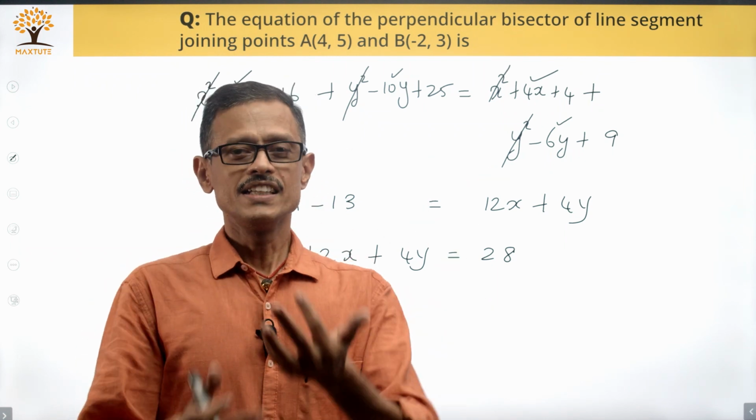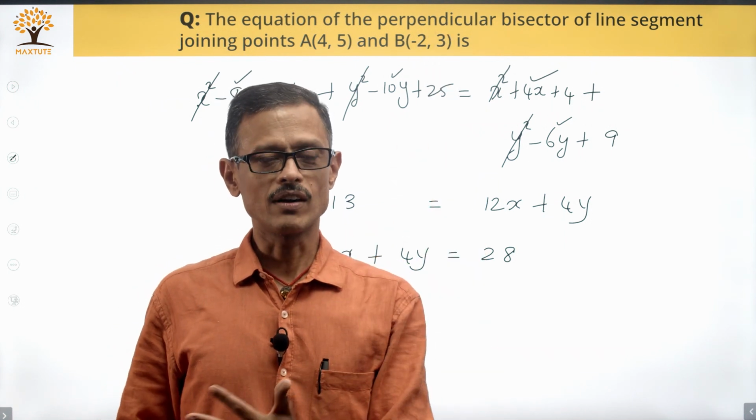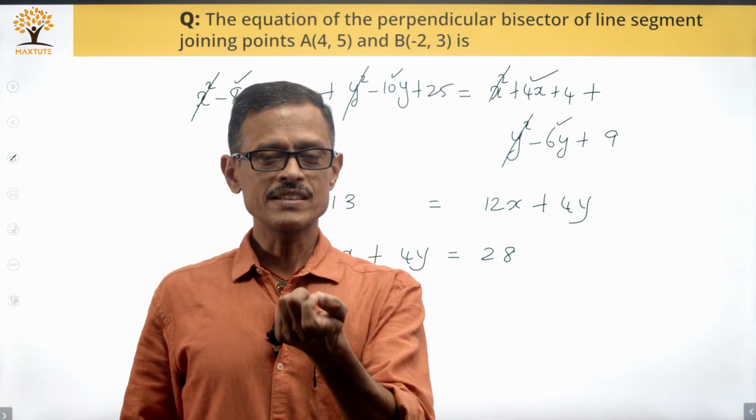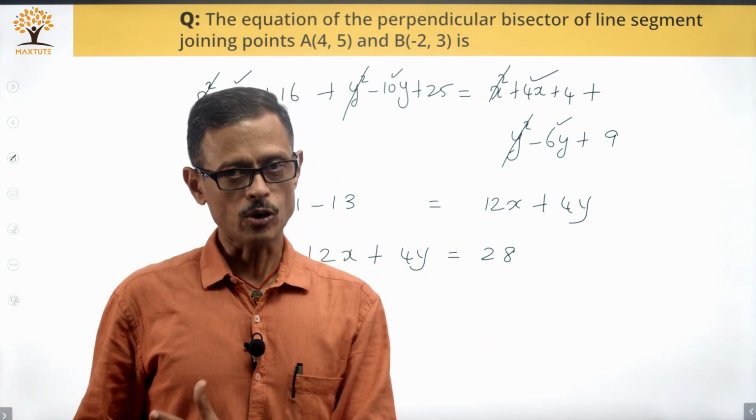What is an equation? An equation is essentially to find out any point on that line, x comma y, on that particular line. So if the points are x and y, it will basically satisfy this equation, which is how we know that it is that line we are talking about.